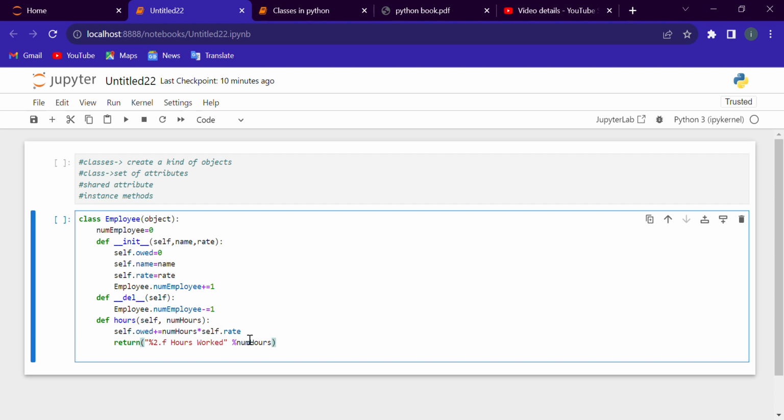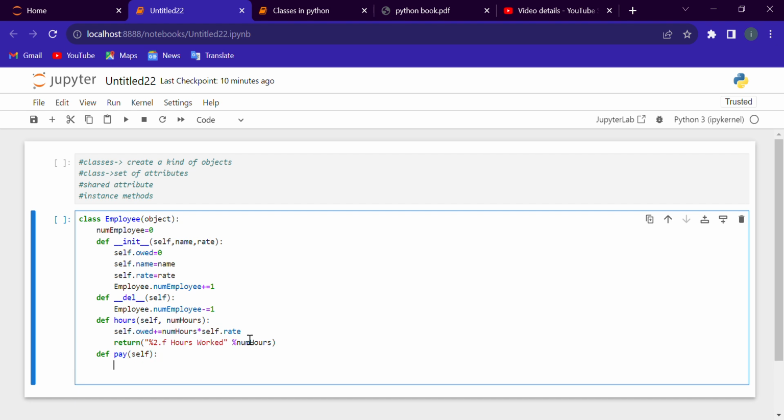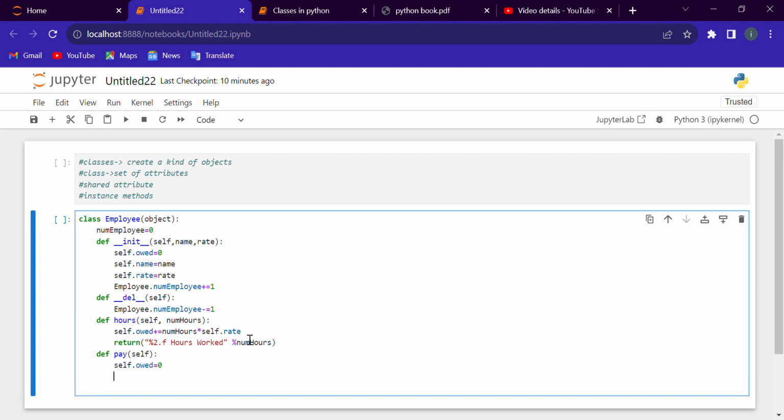Okay, so we will create another method for the pay of an individual person, individual employee, sorry. Individual person pay is initially 0, so now it will return